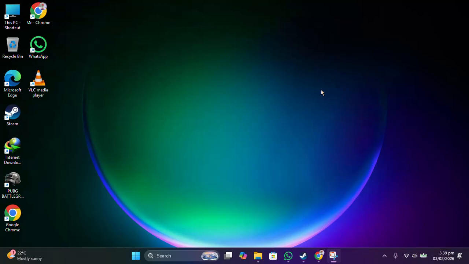Hey guys, today I'm going to tell you how to enable gaming mode in Windows 11. If you're using any PC or laptop with Windows 11 and want to enable gaming mode, let's see how you can do that. So the very first thing you just have to